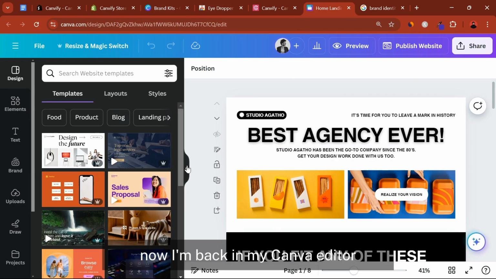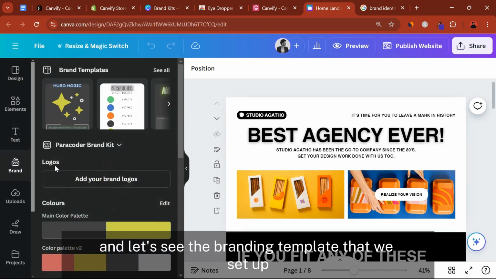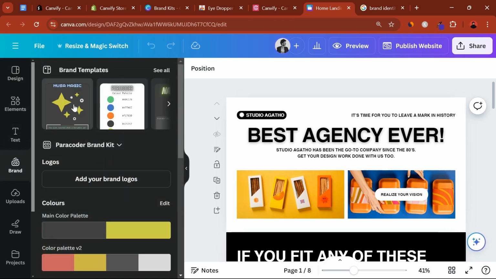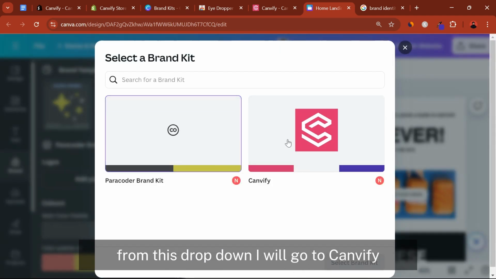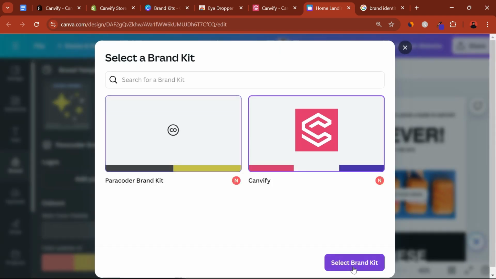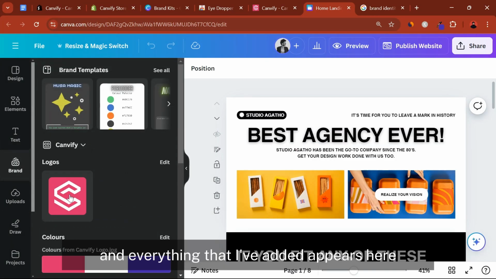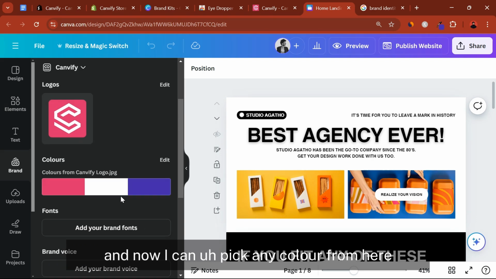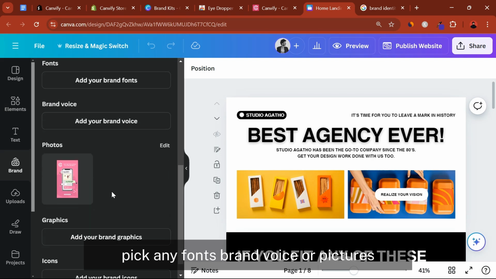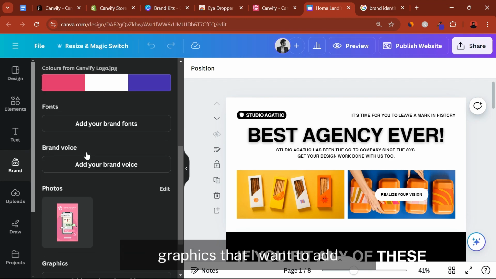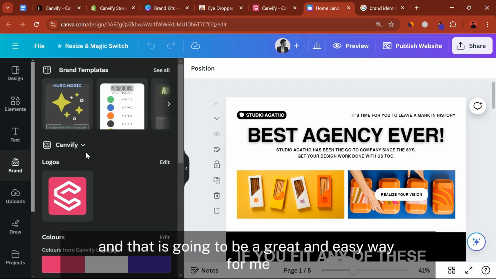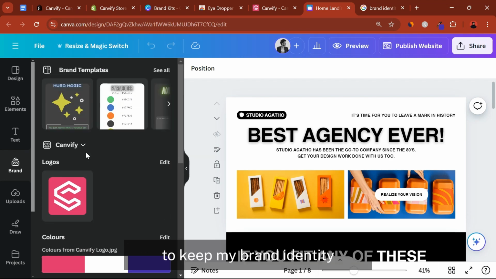Now I'm back in my Canva editor, and let's see the branding template that we set up. From this drop down, I will go to Canvify, select the brand kit, and everything that I've added appears here. And now I can pick any color from here, pick any fonts, brand voice, or pictures, graphics that I want to add. And that is going to be a great and easy way for me to keep my brand identity